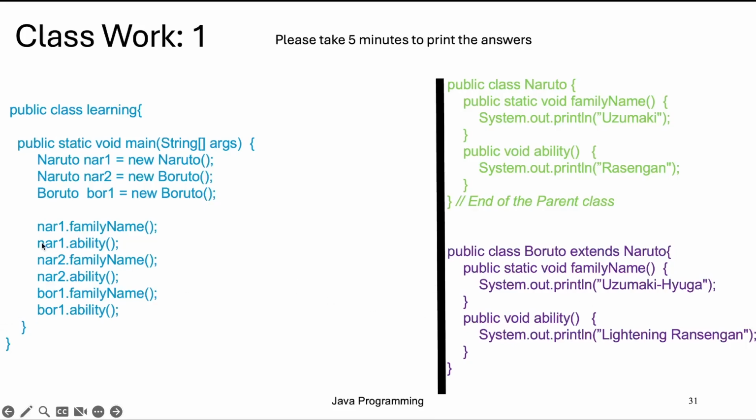Similarly, if I execute the next line, nar1 dot ability, what would be the output? Is it Rasengan or Lightning Rasengan? Similarly, for nar2 dot family name, what would be the output? For the ability function, if we call it, what is the output? Like this, you have to write the output of each of these